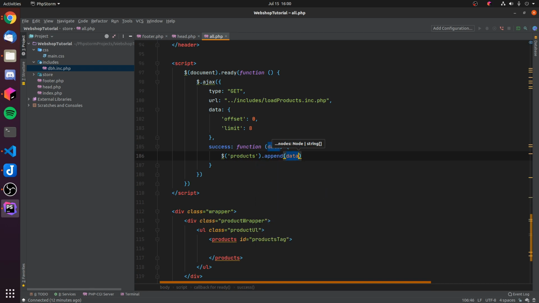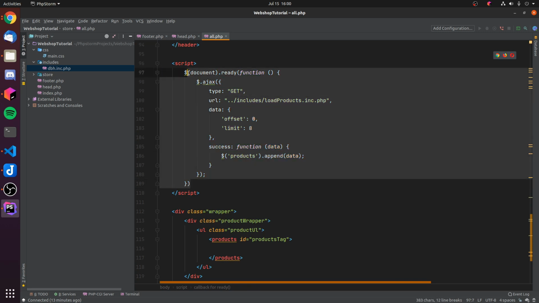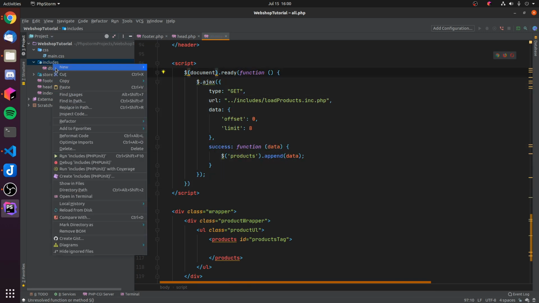And what do we want to append? We of course want to append the data we retrieved, and then we type a semicolon. So now, before we do the part when we hit the bottom of the page, I first want to actually do the loading script, and also don't forget to add a semicolon right here. And that's actually it. Let's actually write that script I mentioned up here, so that we can see if this part works. So go to includes, new,